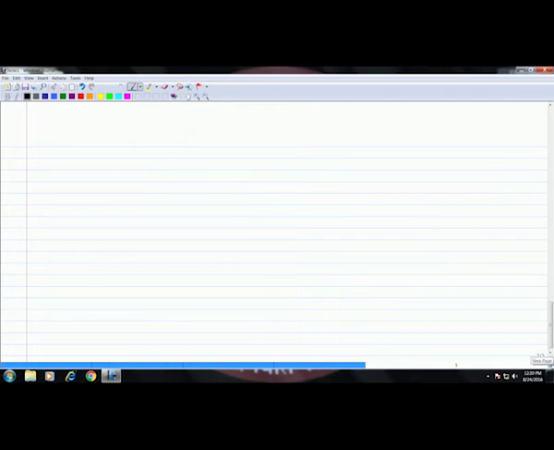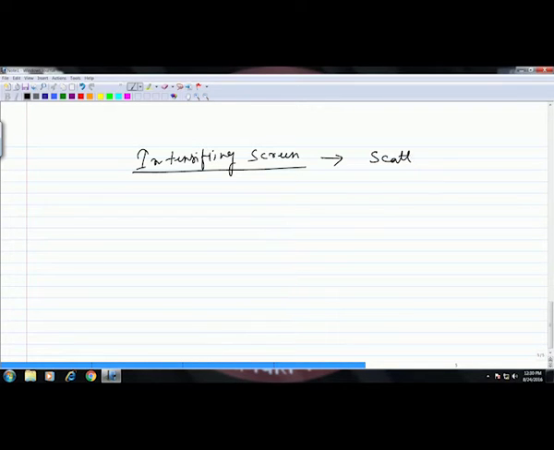After that we talked about intensifying screens. The basic purpose of which is to filter out the scattered radiation which is not desirable for forming the image, and also to enhance the efficiency of image formation.